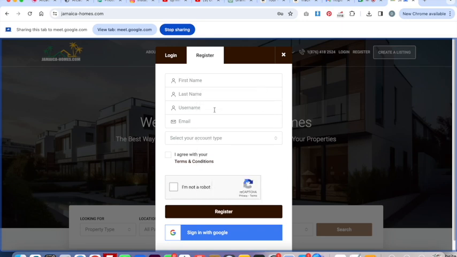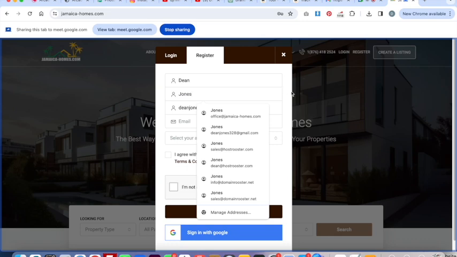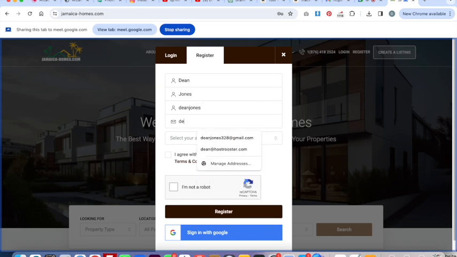Your username might be a combination of your first name and last name without spaces. So if it's my name, it will be Dean Jones, no spaces at all. This will be my first name, last name. I'm just going to do this here. And then the email address might be deanjones, that's my email there,